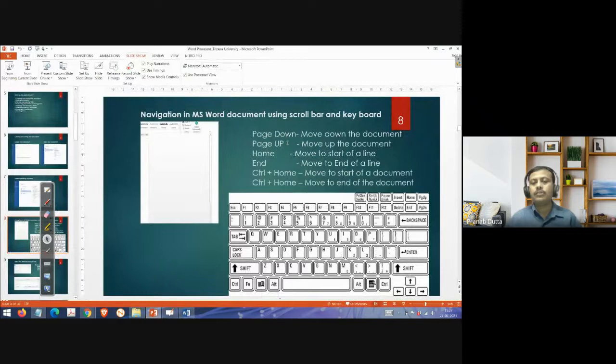If you see this, page down, and this symbol which is present here, that is page down, page up, right? These two buttons are used to move up and down. And again, there is some home button, right, and end button, right? By using these two, we can move up, down, everywhere. Okay, now how are you doing it? If I press page down and page up, it will move up and down. Just like we are scrolling the scroll bar, the same function it will do.